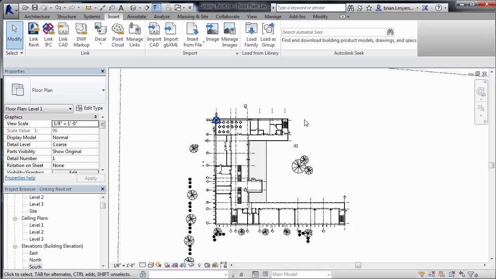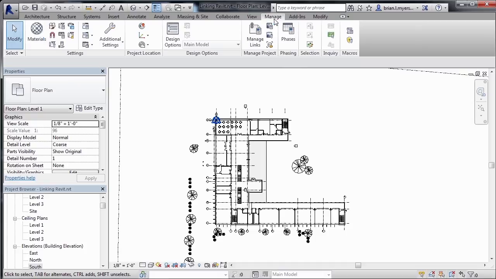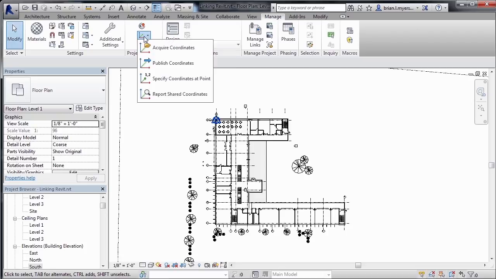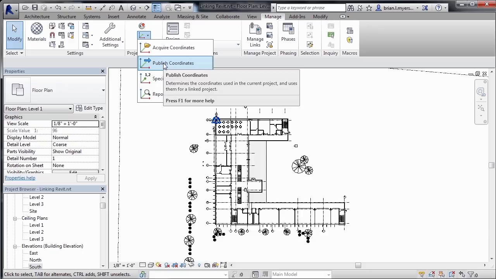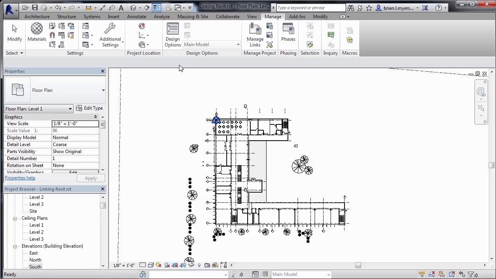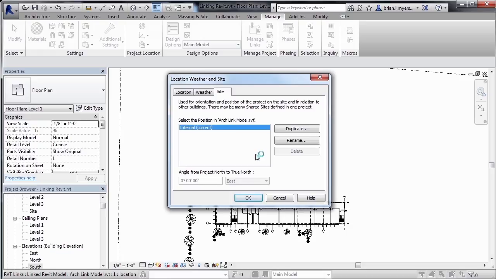To accomplish that, we'll move our mouse up to the Manage tab. Then we need to select on Coordinates. After clicking on Coordinates, we need to select Publish Coordinates, which means we'll be sending our coordinates back to that architectural model. After clicking on Publish Coordinates, we select on the architectural model, and it'll say, do you want to